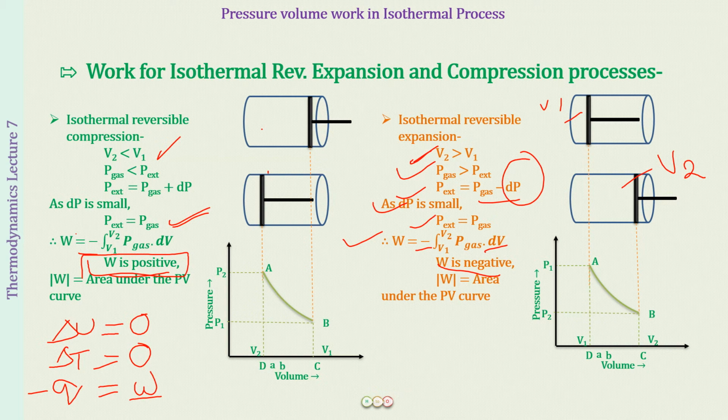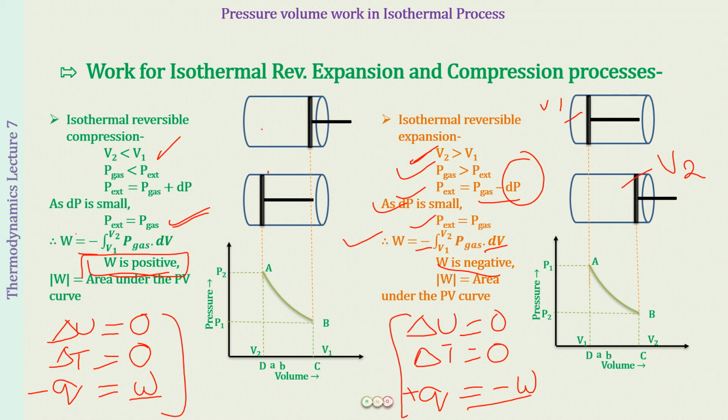So negative work done means that this is work done by the system. And work done by the system is going to decrease the energy of the system. But because the temperature has to remain constant, the energy of the system has to remain constant. So the amount of energy that the system is losing because of work, the system is going to gain in the same amount as heat. So plus Q is going to be equal to minus W. I will be talking again about all of this when I talk about the first law of thermodynamics, so that would make it easier for you people to remember at that time.